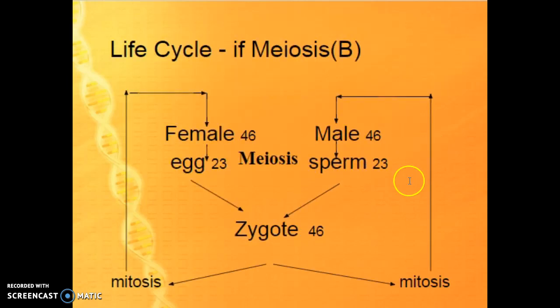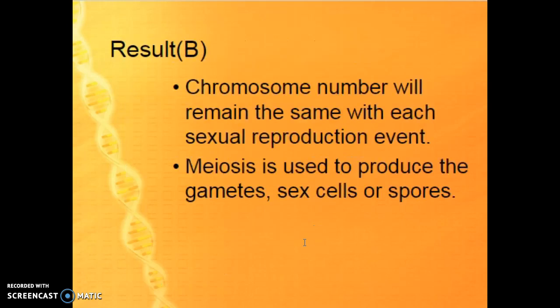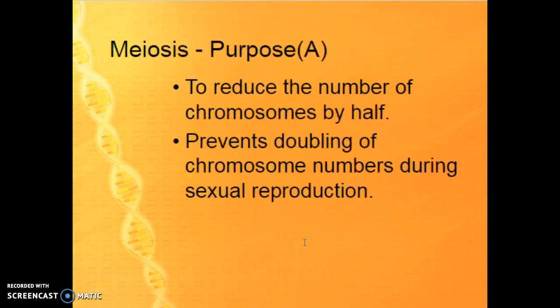So we go through this process called meiosis, where we take our 46, cut it down to 23. Females do the same thing, donate to the zygote. We get the correct number of chromosomes in our offspring. I use that term gametes. Meiosis is used to produce these gametes, which are sex cells or spores. The purpose of meiosis is to reduce the chromosome number by half, which in effect prevents the chromosomal doubling each